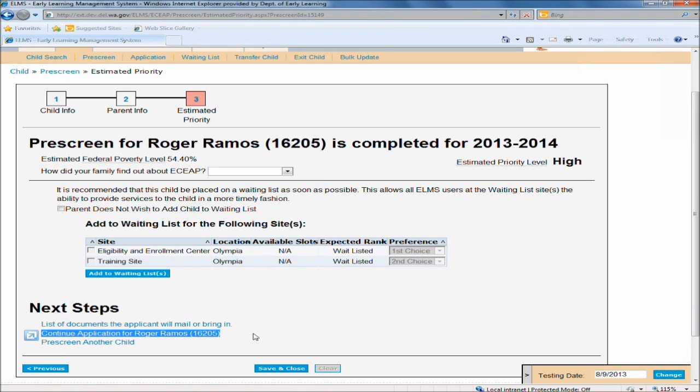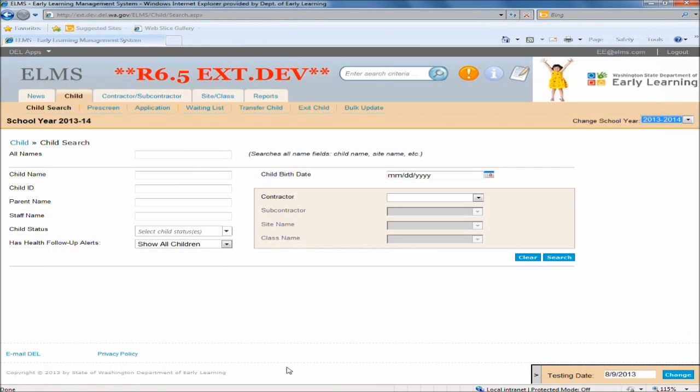Move right from the pre-screen into the child application. If I'm doing a stack of paper pre-screens, I might want to go right to pre-screen another child. But in this case, I'm just going to save and close Roger's pre-screen. This takes me back to the child search page,